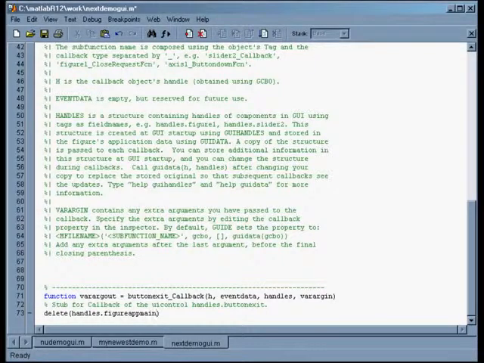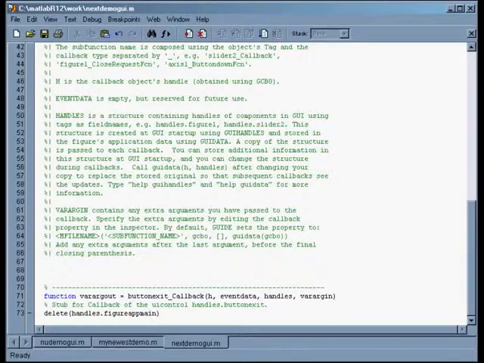Alright, so what this says is take handles.figureAppMain and delete it. Now figureAppMain is our main figure for the whole thing, and handles.figureAppMain is just the way Matlab refers to this figureAppMain object. So it says delete that object, which kills the whole thing. So this will exit. To test it, we just do save,